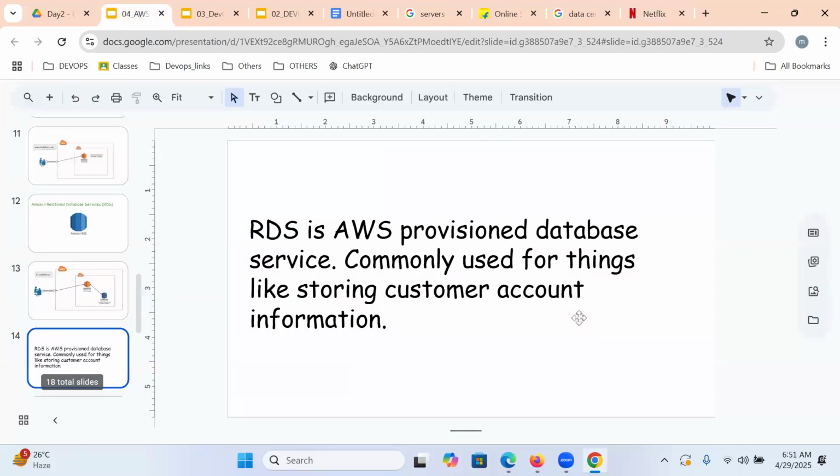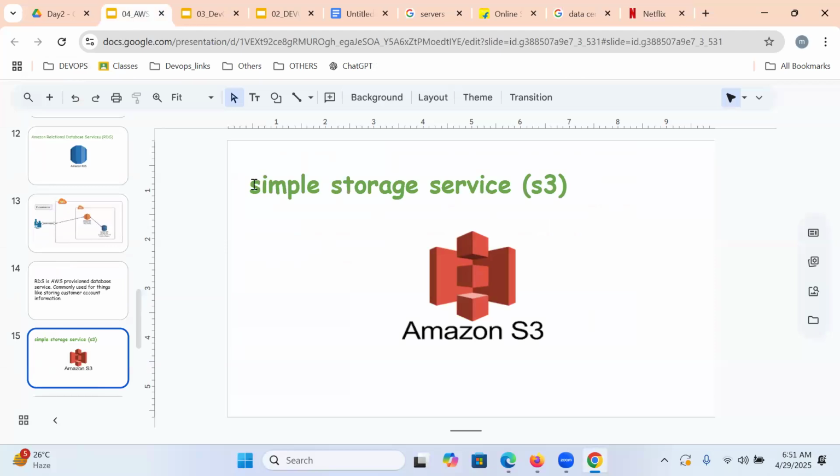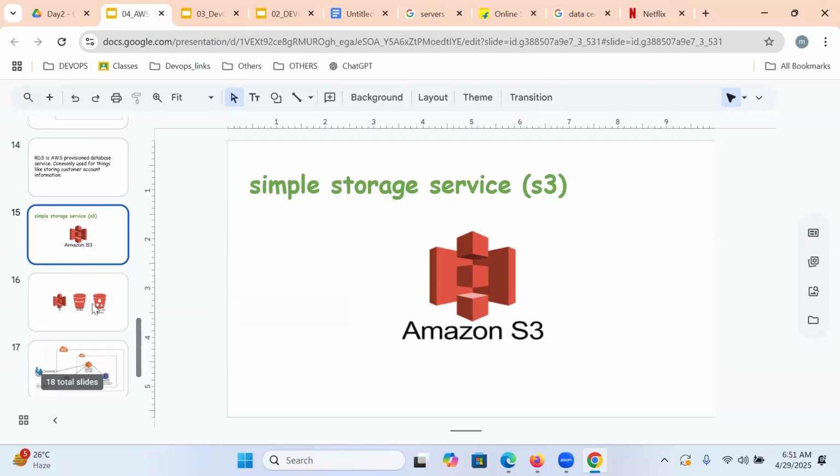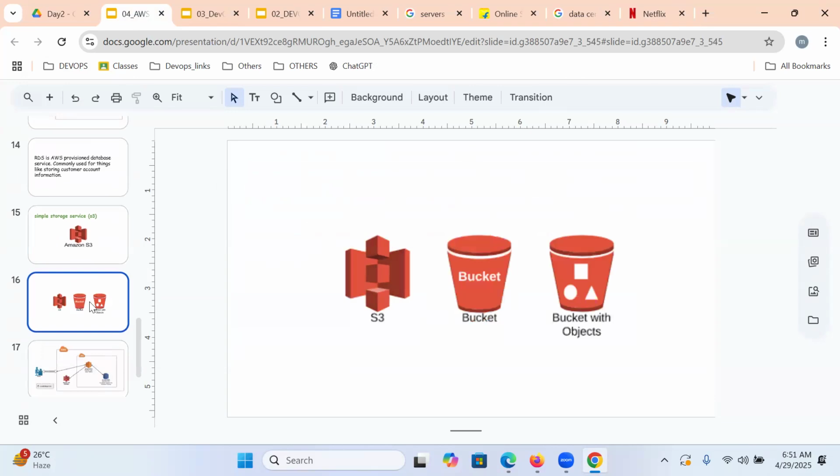No, we can't. For that, we are going to maintain a separate storage. The storage name is what? Simple Storage Service, S3. S3 means what? 1 S, 2 S, 3 S. That's what S3. With the help of S3, Simple Storage Service, we can get an online bucket storage. Am I right? By using this storage, we can upload and download any kind of data.